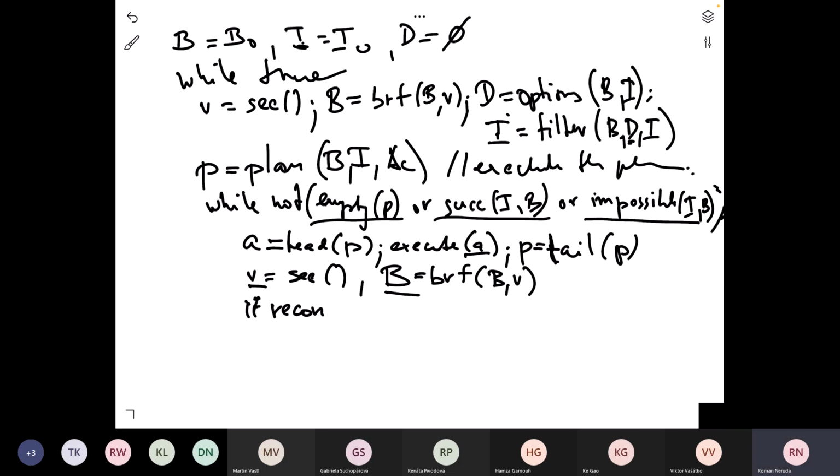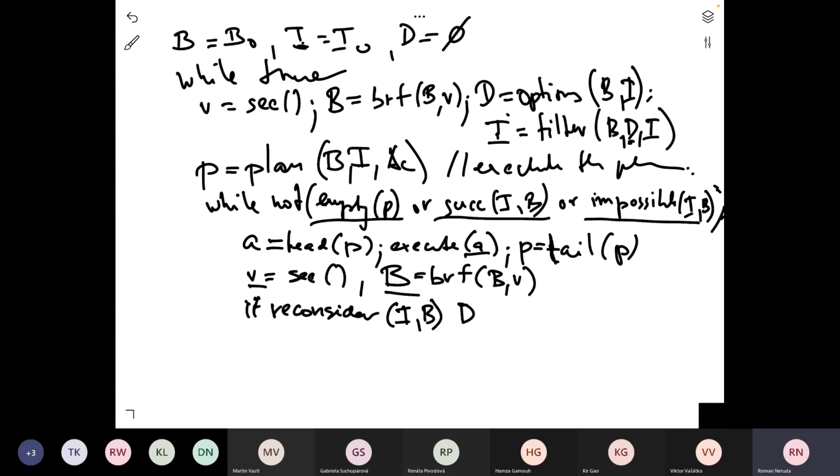So we call this function reconsider, and the reconsider is taking the intentions and the beliefs, and if it says no, then it's fine and we continue. But if it says, oh, you should reconsider, the situation has changed rapidly. You wanted, Robert, you wanted to play football, but it's raining cats and dogs. So is there a comics shop plan? So if the reconsider function tells you to reconsider,